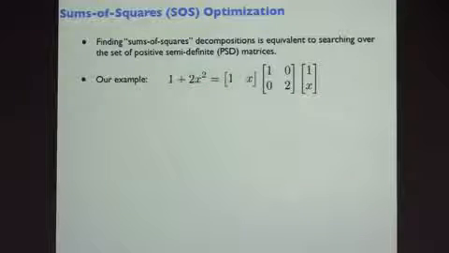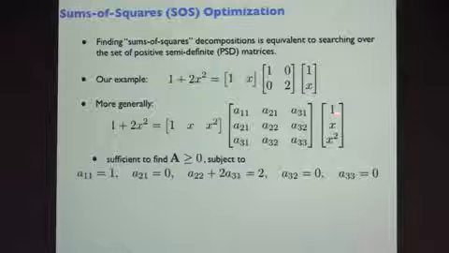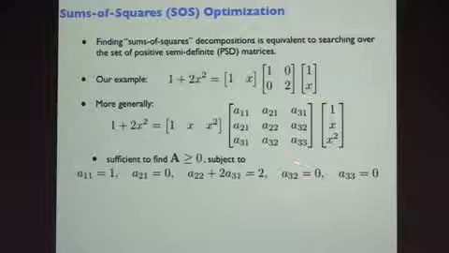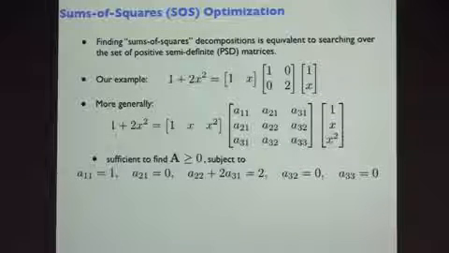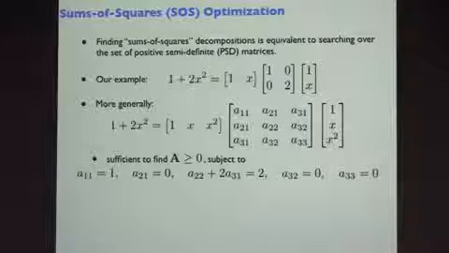That's this. Okay? And so more generally, if I had chosen a different monomial basis, I have to search over the class of semi-definite matrices, subject to the constraint that this side equals this side, which puts some constraints on those coefficients, because the only one that can contribute to this term is A11, so A11 had better be 1, and so on and so forth. But here's the trick. The set of positive semi-definite matrices is a convex cone. It's a convex set. If you have 2 positive semi-definite matrices and you add them together, you get another one. That means it's a set I can search over very efficiently. And these are linear constraints on that convex cone. So it turns out we have